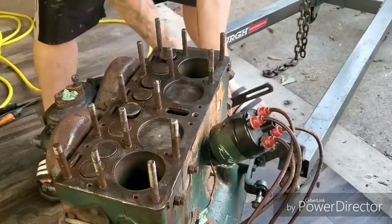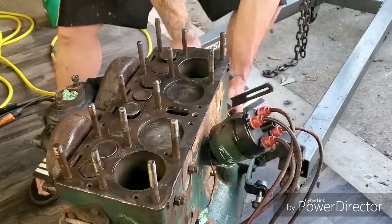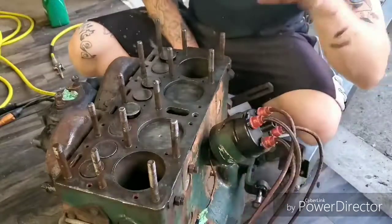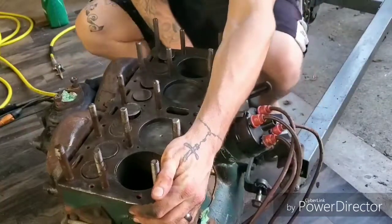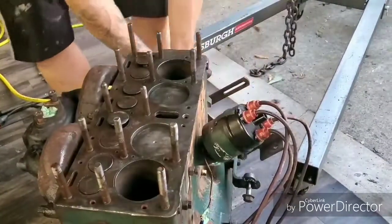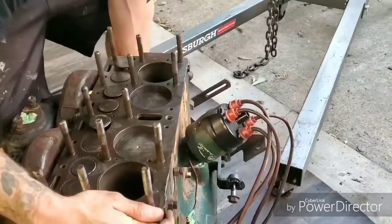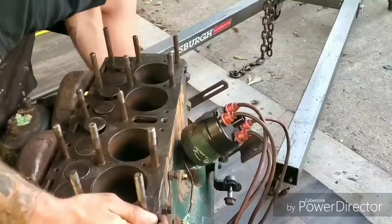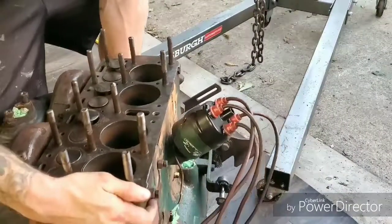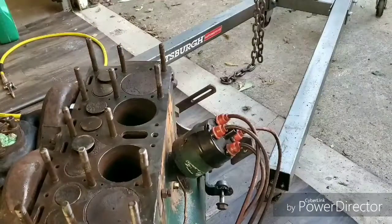Just going to grab the crankshaft bolt here. Pardon me for using channel locks. Actually, I don't have a socket this big, but this thing turns fairly easily with the flywheel rubs on the ground, so I've got to give her a little tilt. Well, it was anyway. There. Now,